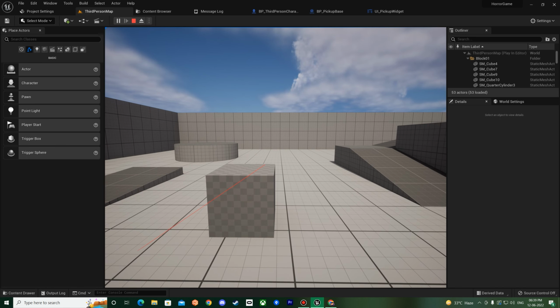Okay, so begin pickup, what we should do is by this time I think we do have the pickup base, we have the character reference. Okay, so by this time round we should have the character reference valid because we're trying to pick this one up,